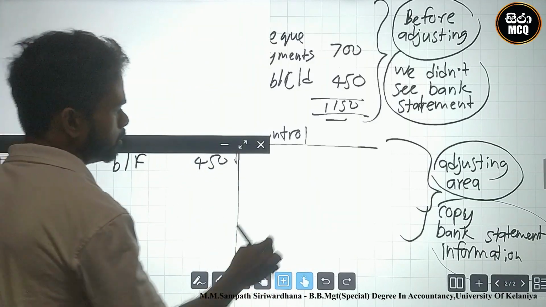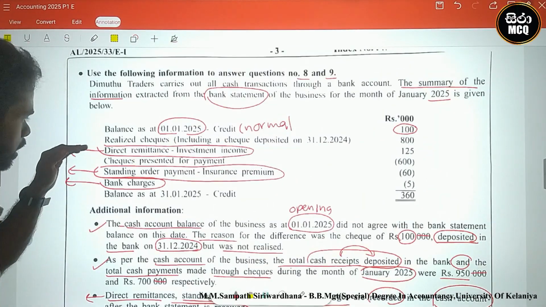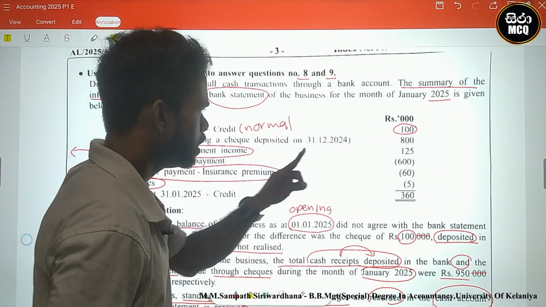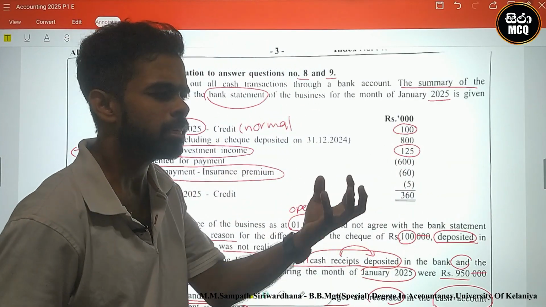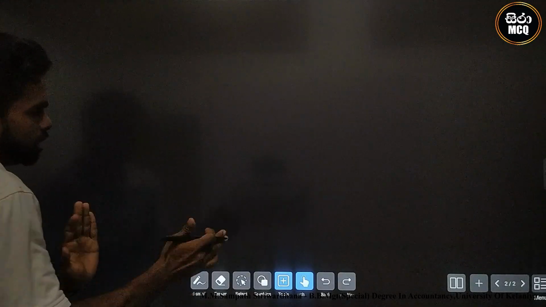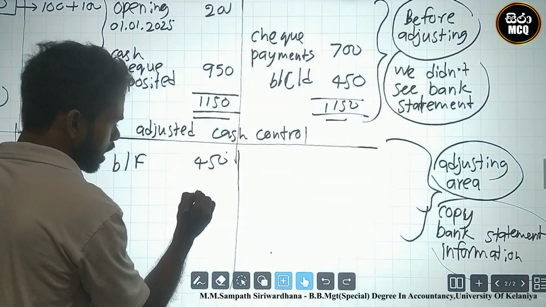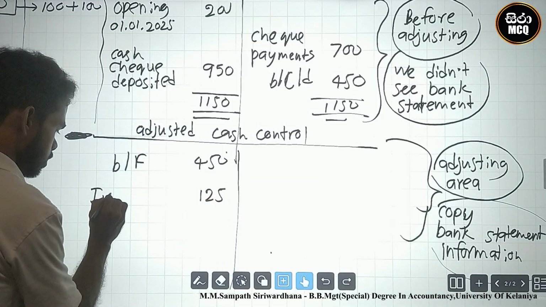What are the informations? This type, direct remittance, investment income, 125. Direct remittance means cash receiving, 125. Cash receiving, you must debit to adjusting cash control. Investment income,